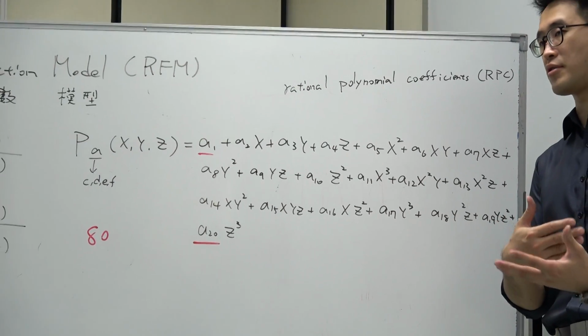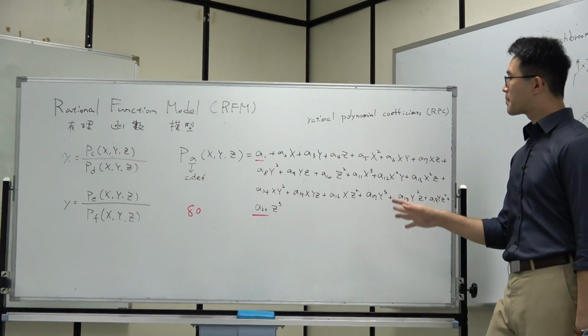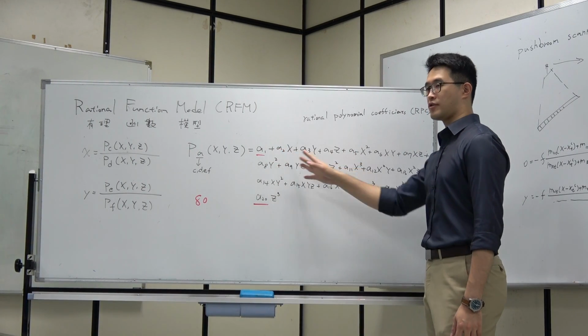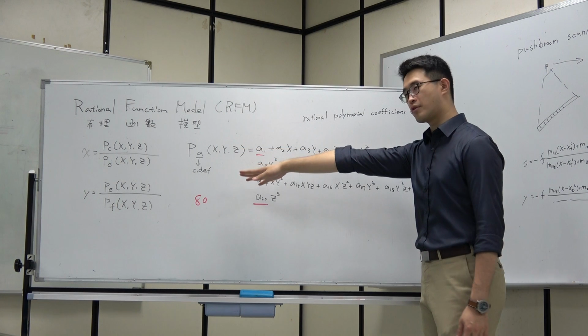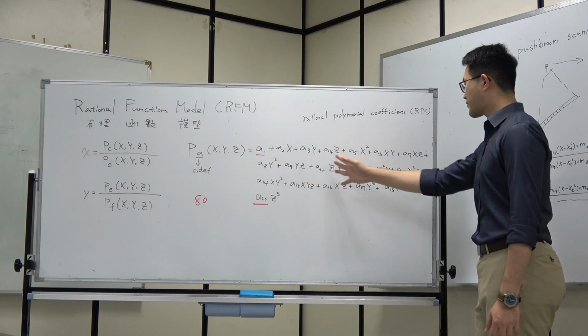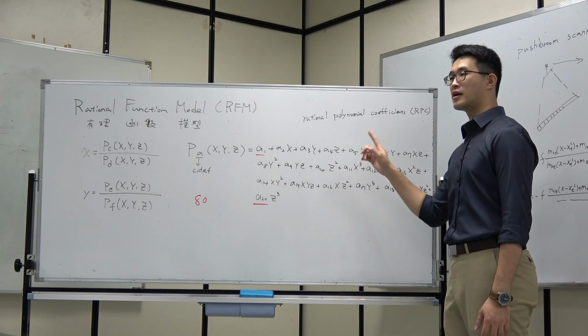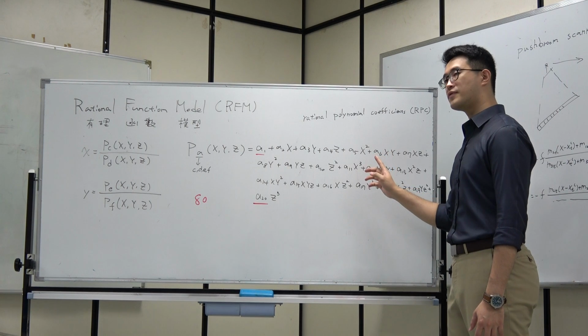So as you can see, satellite companies will give you those 80 RPCs. Then for these four polynomial functions, you have everything besides x, y, z, which are the object space coordinates. So if you have the object space